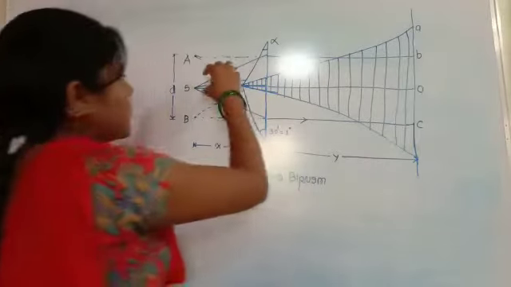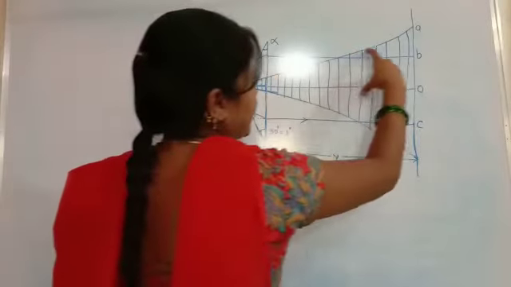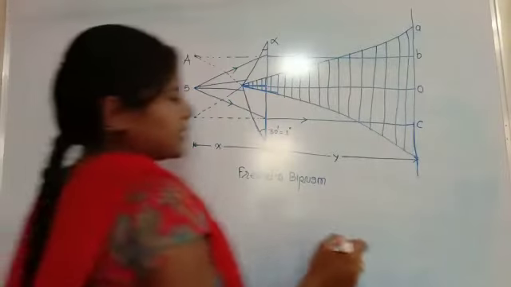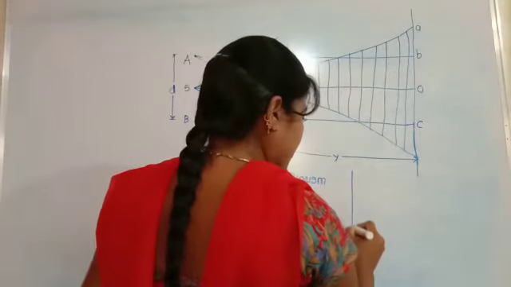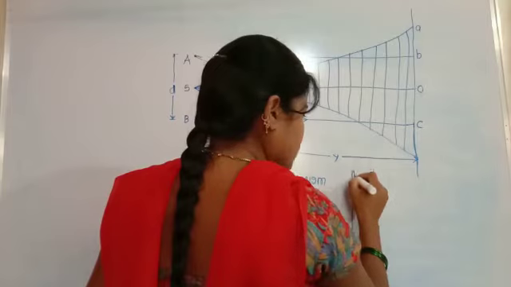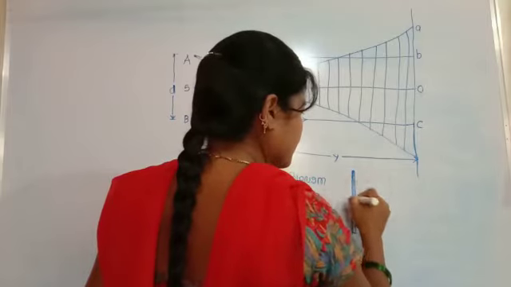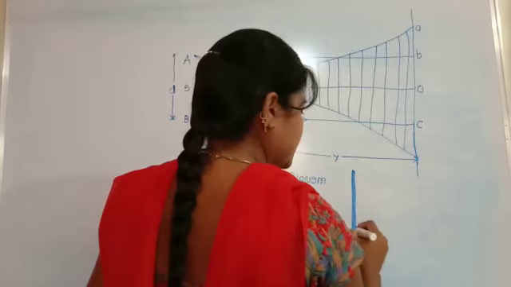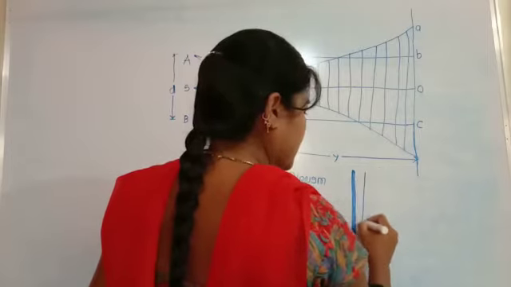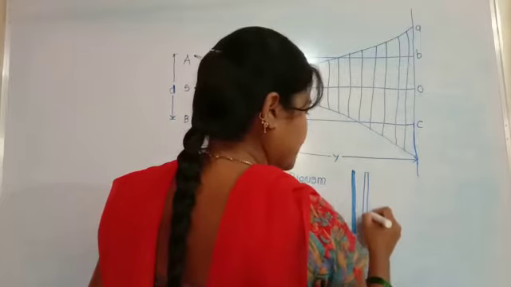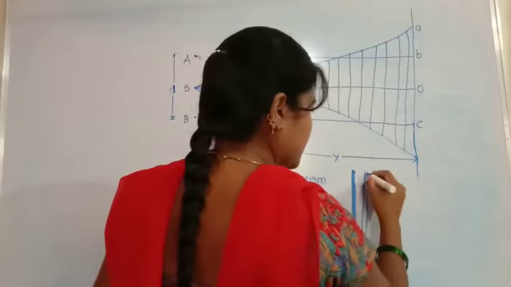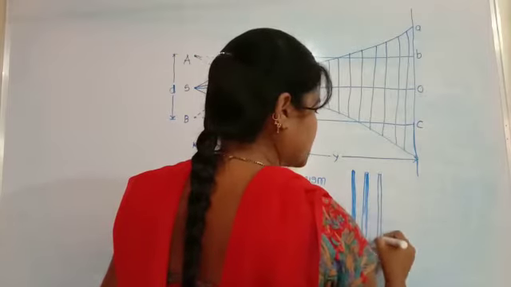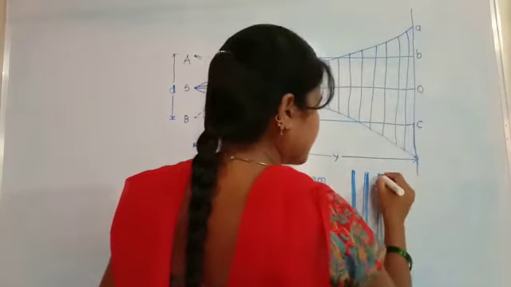So this is the pattern. This lining side is the interference pattern produced on the B and C. That means this is the interference pattern. There is, first of all, a dark fringe. So this is the interference pattern produced. This is the dark fringe. Then again this gap is the bright fringe. Then again dark. Then again bright. So this is the interference pattern produced on the screen BC.